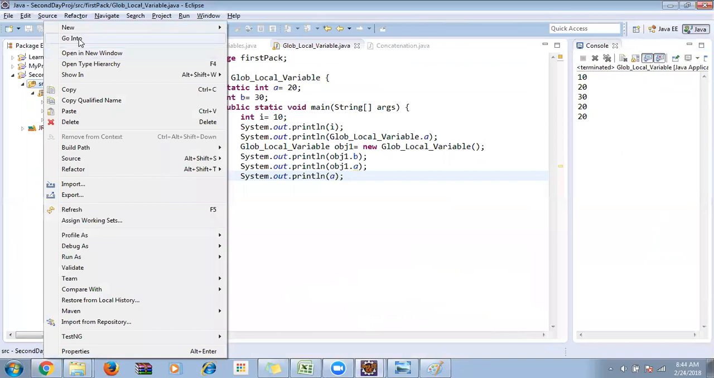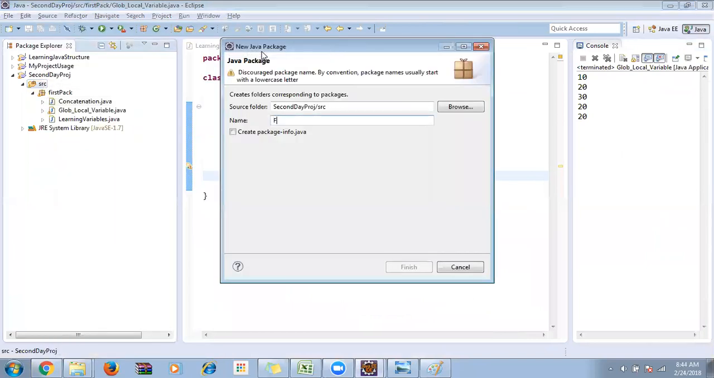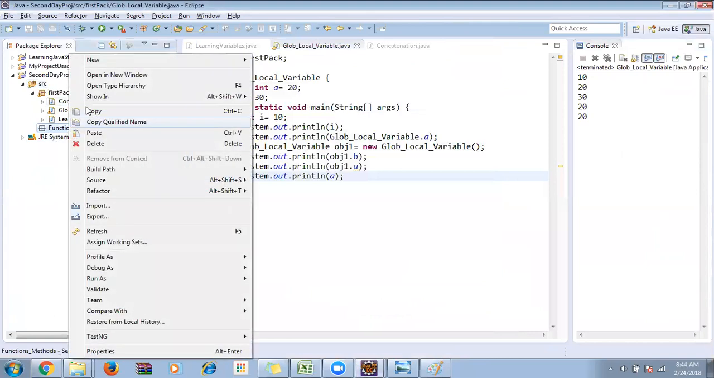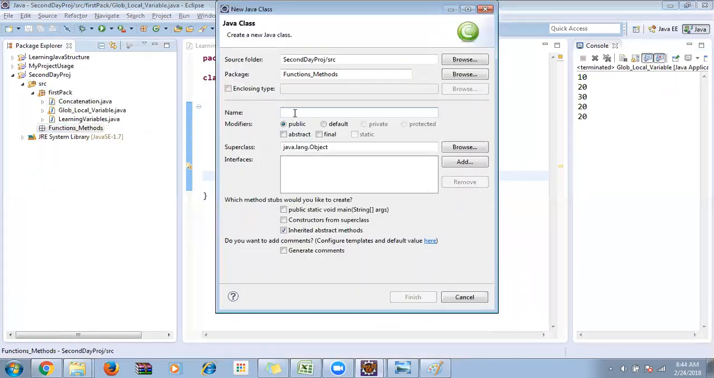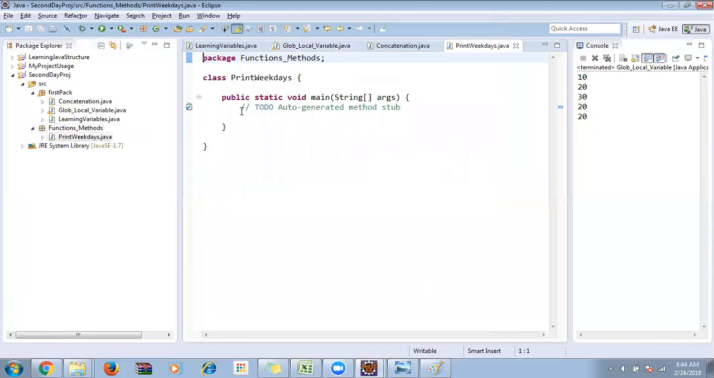Now we are going to see about functions, or methods. Functions are also called methods. So let me write a program to print weekdays. Then I'll have my main function. I want to print my weekdays, multiple weekdays. So right now I'll just print